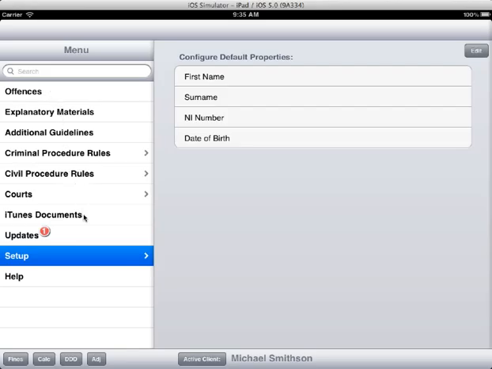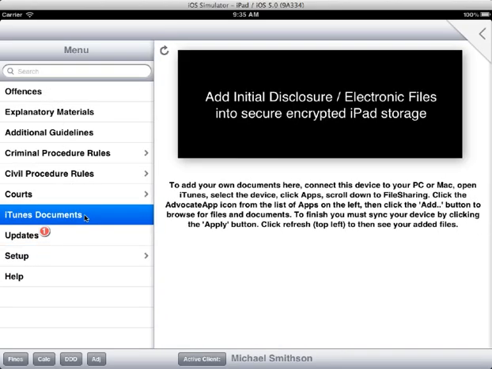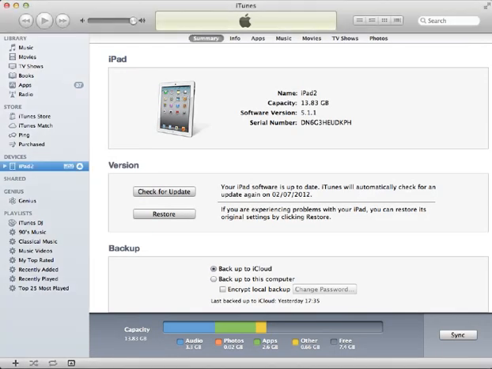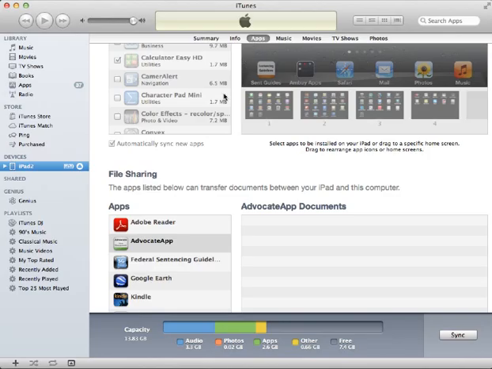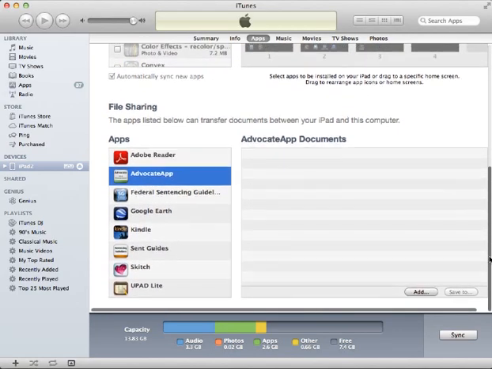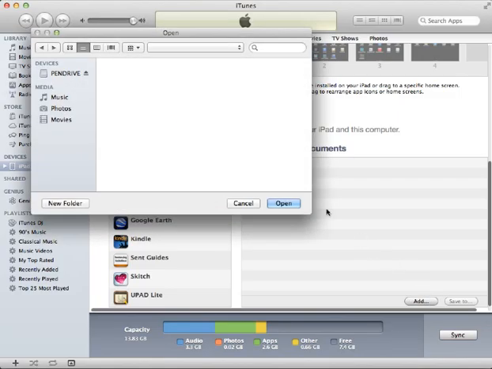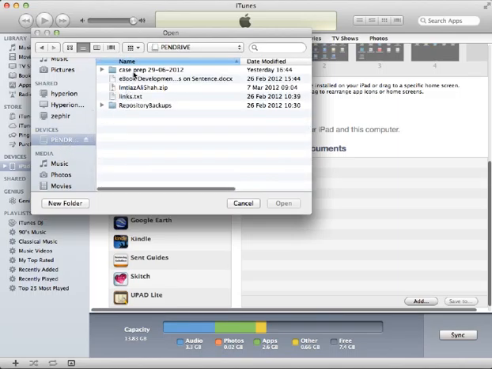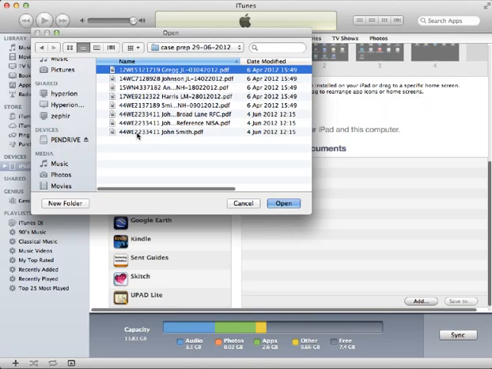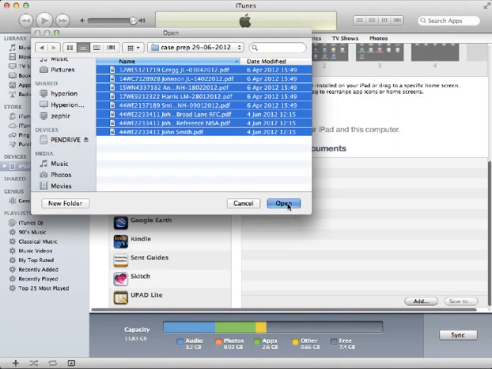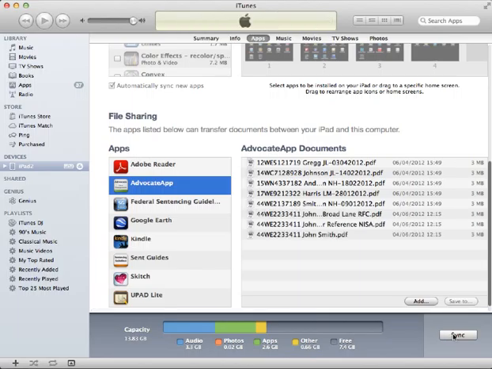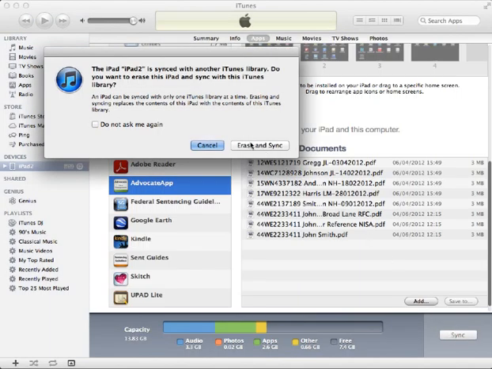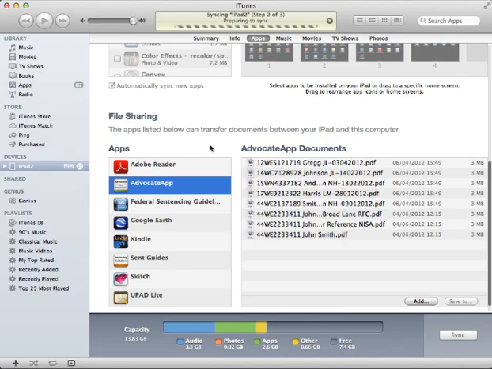We can now go to add specific documents for our clients. To add documents into our iPad, we simply load iTunes, connect our iPad to our computer, Mac or PC, click on Apps, click on Advocate app, and click the Add button, and browse to our documents. And these are our documents we require for today's hearings. We sync that into our iPad,